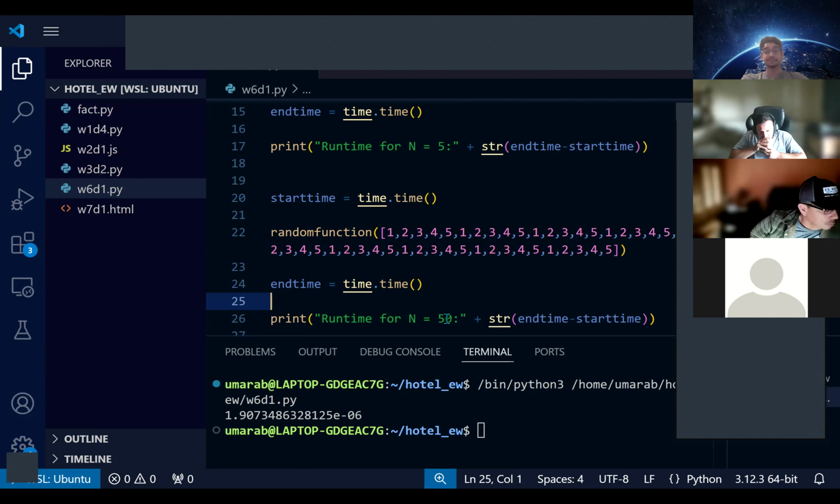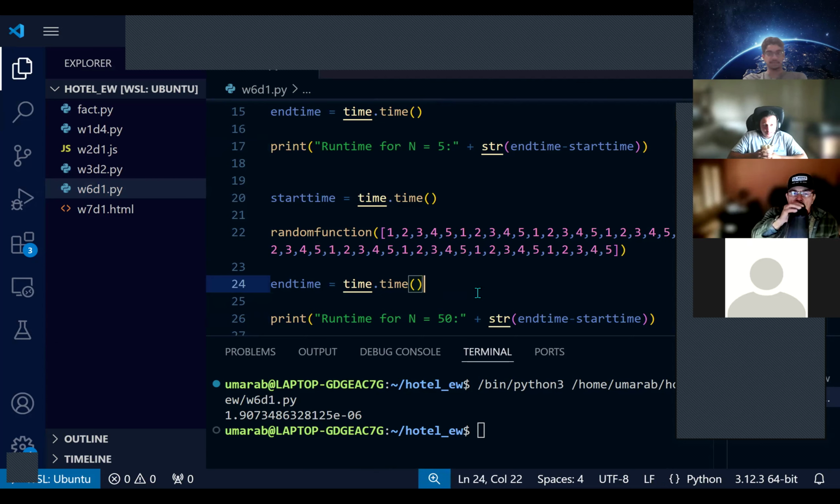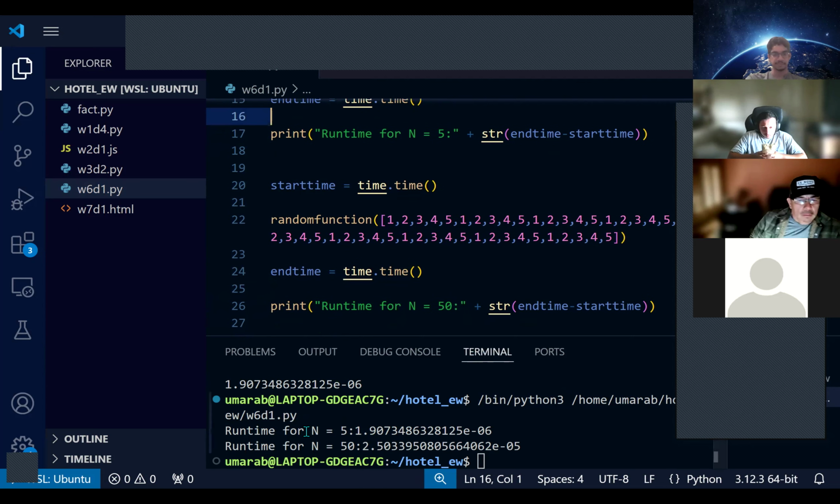Or more specifically, in this case, it'll be 50 divided by 5, which is 10 squared. So it'll be 100 times as long is how long it should take. So let's run this and see if that actually is the case. So what do we see here? We see for n equals 5, it's this tiny number. For n equals 50, well, that's not exactly 100 times as large. It's more like